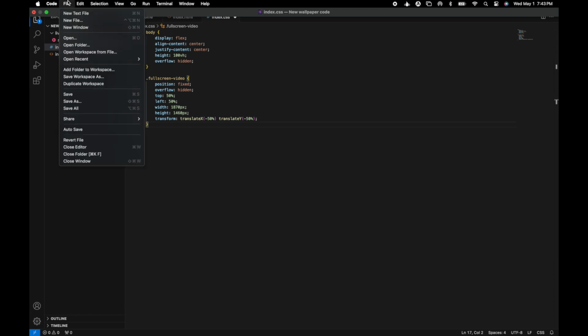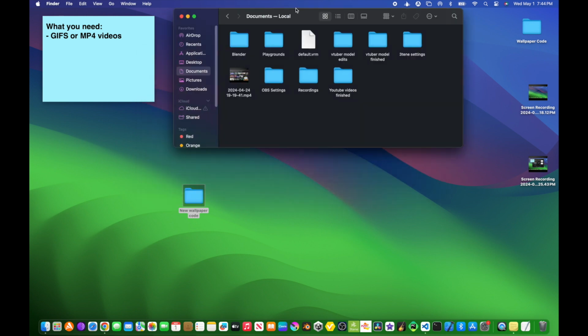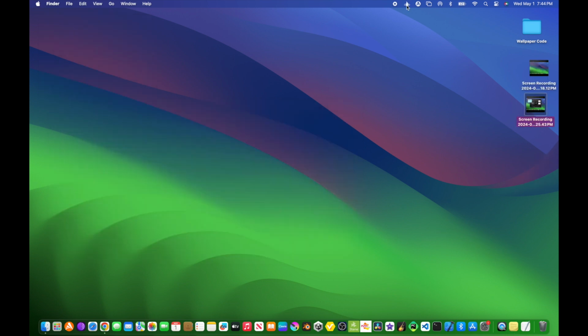Make sure to click File and Save or Command S so you save your changes. So now let's move our folder with our files, and you can just leave it on the desktop, or you can just hide it in your Downloads folder or your Documents folder if you want. Now let's open Flash and add website,